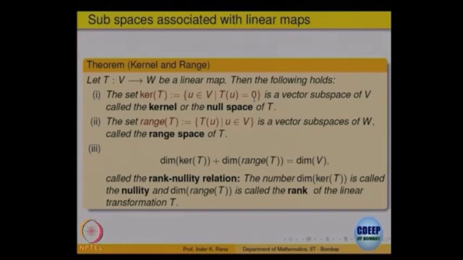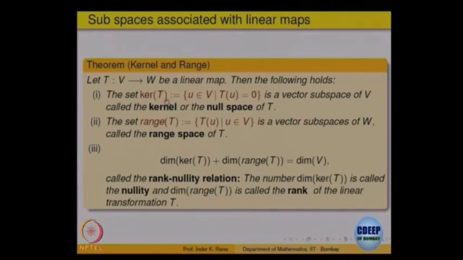All the vectors in the domain which go to the 0 vector, collect them together, that set is called the kernel of the linear transformation. So, what is the kernel? All the vectors which are killed by the linear transformation, which go to 0. So, in the domain collect together all vectors whose images are 0. That is a subset at present, but the claim is actually it is a subspace.